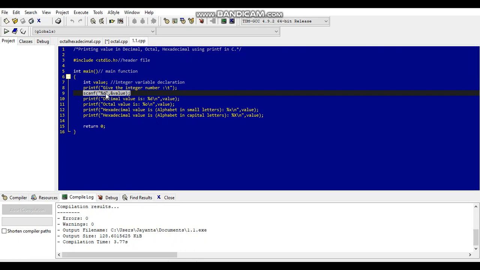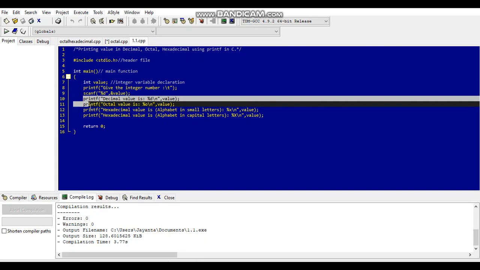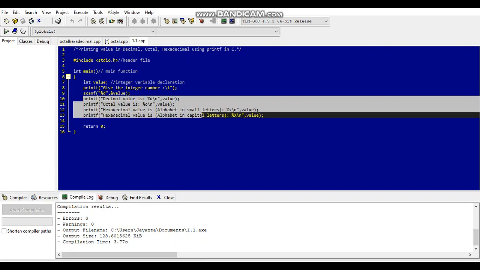As it's an integer number, we are going to use %d here. Now one by one we will see how the number is converted into decimal, octal, hexadecimal and hexadecimal capital form.